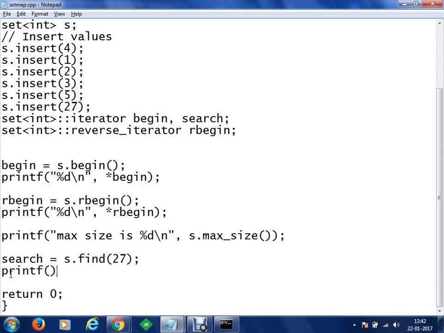I'm going to print item found something like %d\n, and we are going to print search. Okay, so that we'll get the value which is returned and found.